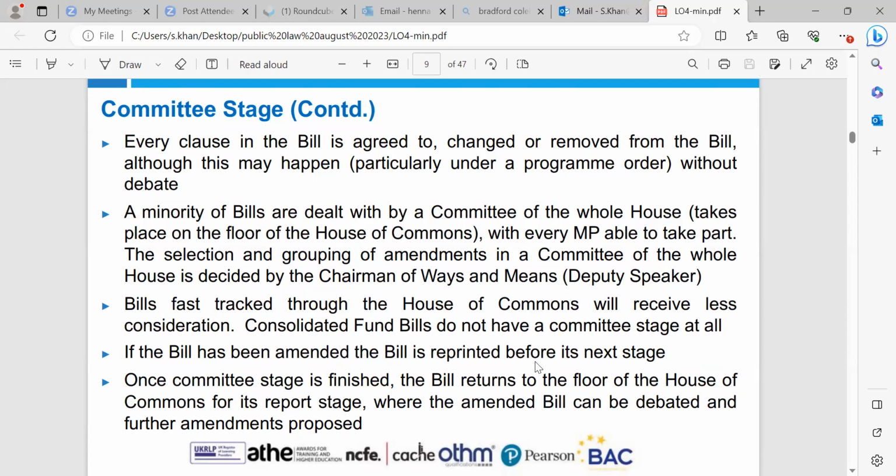So for example, if there was a law, not recently, but a couple of years ago, that was passed that you can't use your mobile phone whilst driving. And if there were any amendments made to that, because what's identified in that is that you get 6 points and a fine. So if they wanted to change it to 3 points, they would have amended it or removed the clause. Also, there was a law that you can't drive your car with flip-flops.